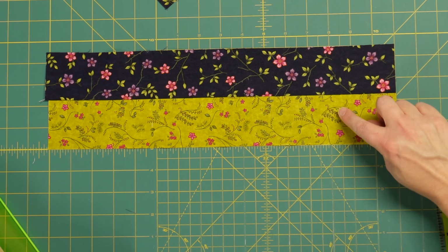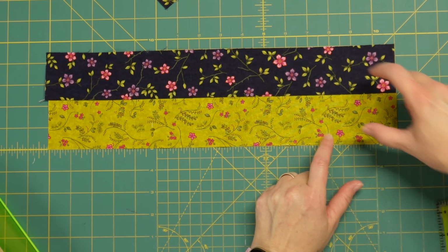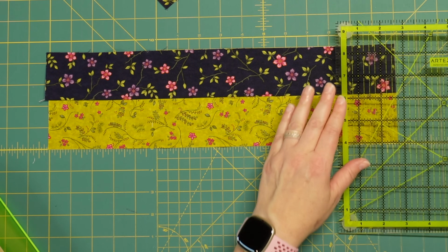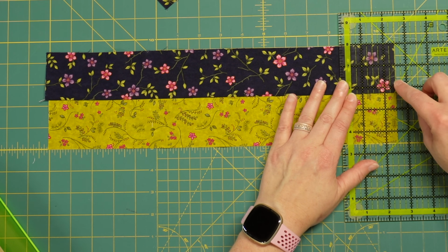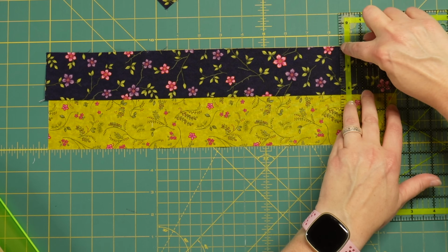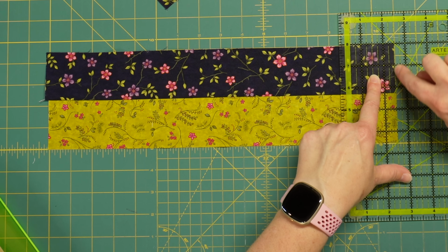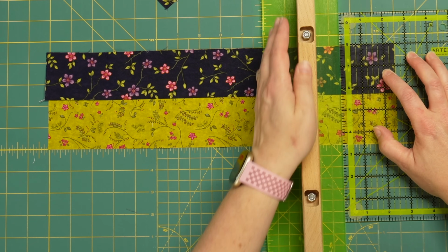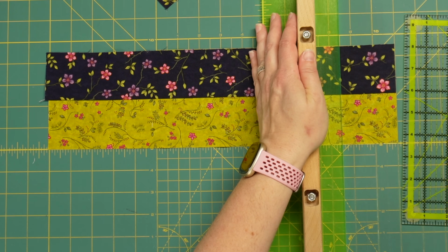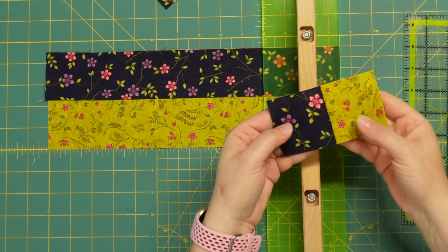And now, because these strips are 2.5 inches wide, that's what I'm going to cut my segments to as well. So I'm going to line up the 2.5 inch line on my ruler. So I have a straight line lined up across the top, and I have the 2.5 inch line lined up across that side I squared up because I know that's nice and straight. And then I'm going to cut. So I have one little segment cut,